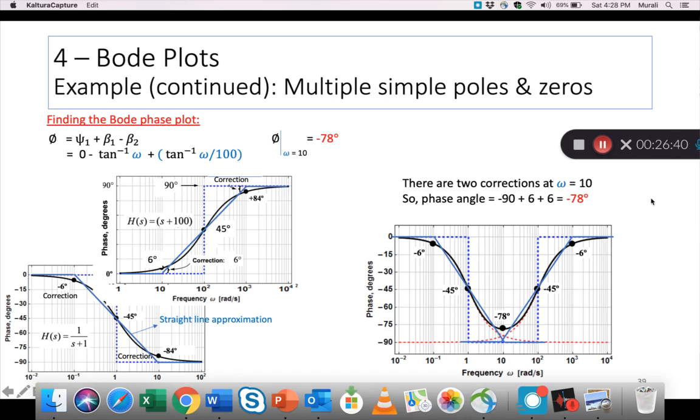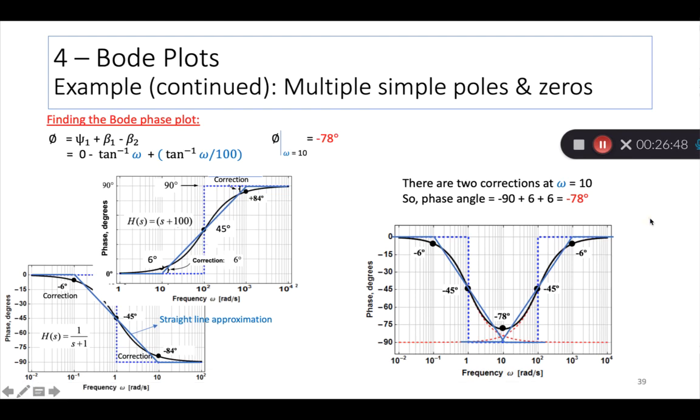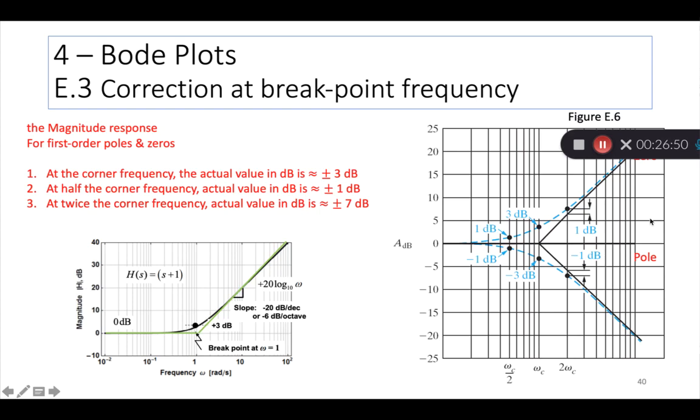I also wanted to quickly introduce the idea of the corrections. Actually, let's see, what do I have on the next slide? Yeah, I have some more material on the correction from our textbook. So maybe we'll read whatever the textbook is saying, and then come back and look at that correction one more time. Okay, so we talked about the fact that the straight line approximations, or asymptotes as they are called,